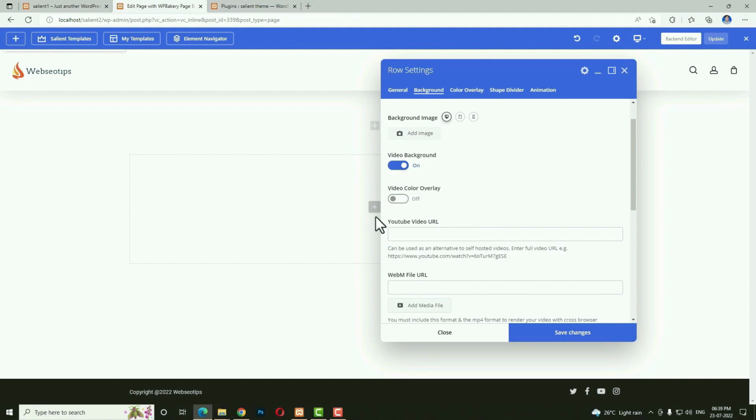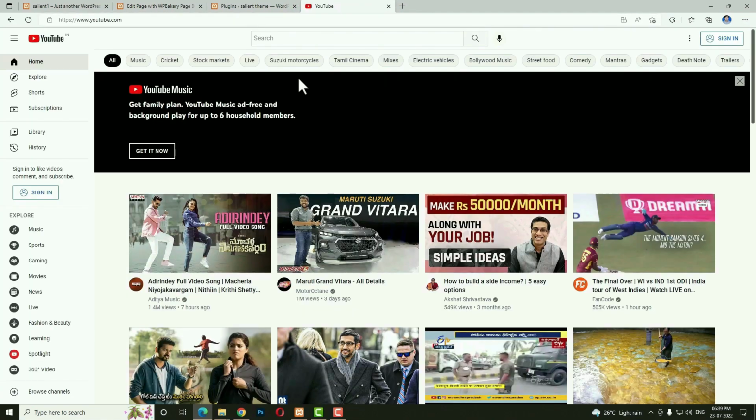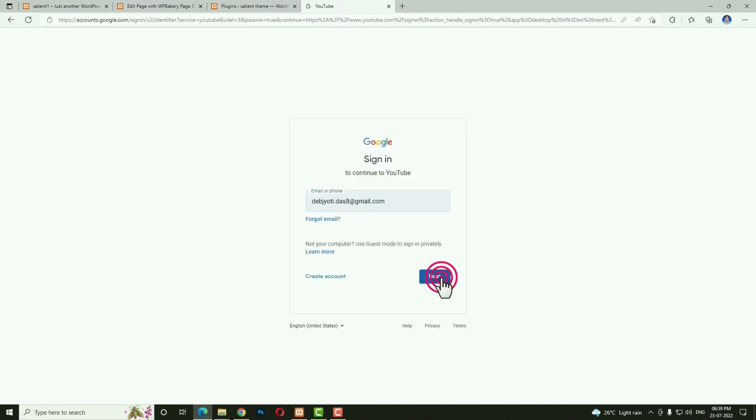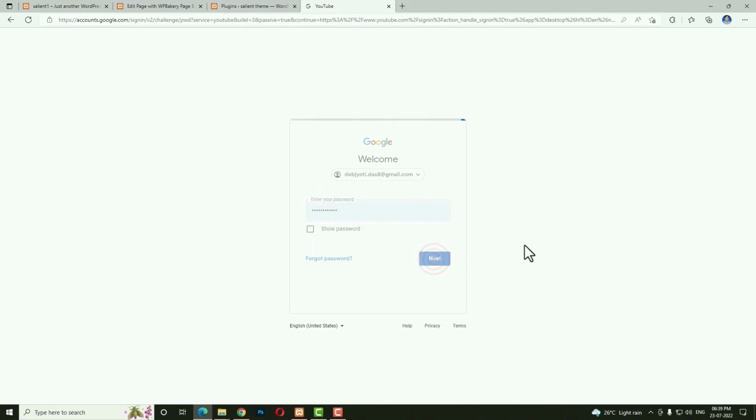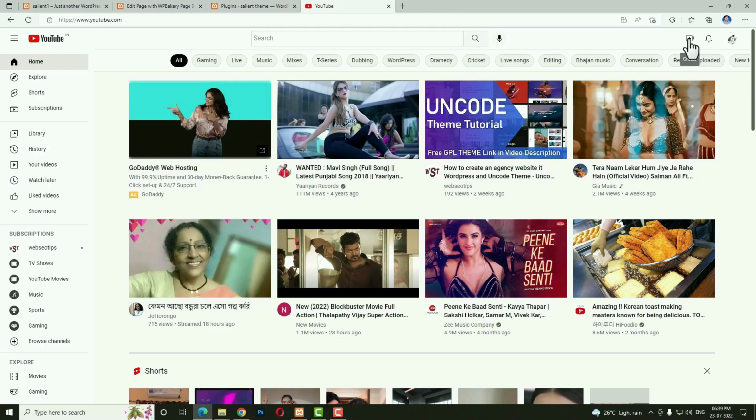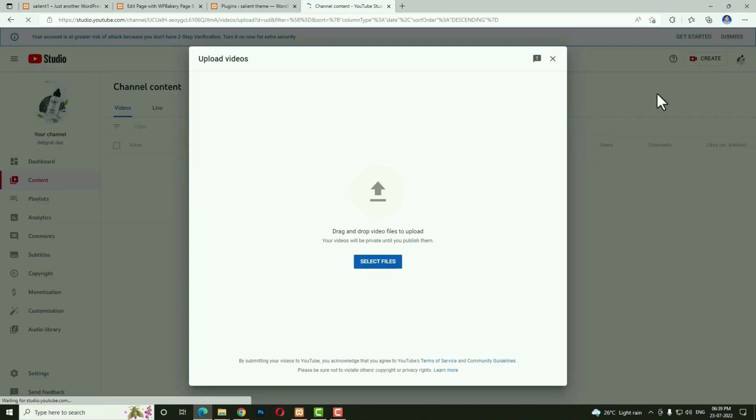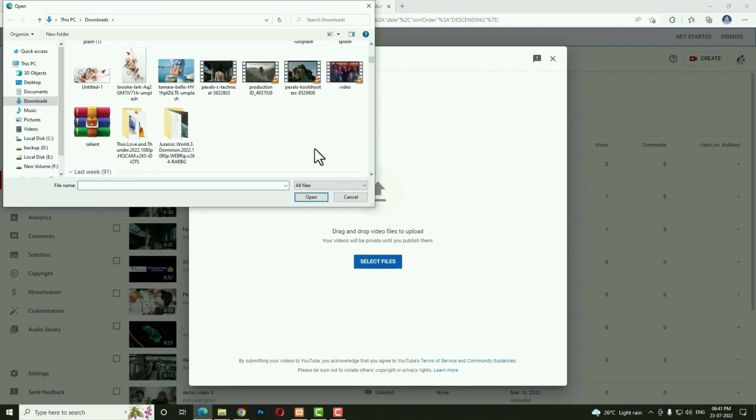So for uploading the video in YouTube, first of all you have to open YouTube. First of all you have to sign in, click in the sign in option. After entering email ID and password, you have to log in successfully. Next, for uploading the video, you have to click in this plus option. After that you have to click in the upload video. After that you have to click in the select file option. Suppose I want to upload this video, select the video, and after that you have to click in the open